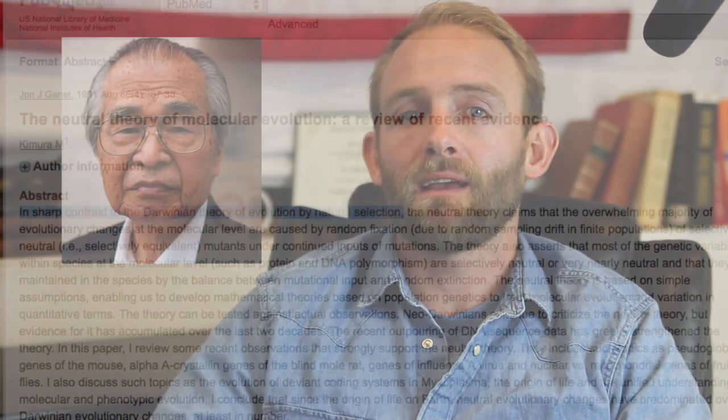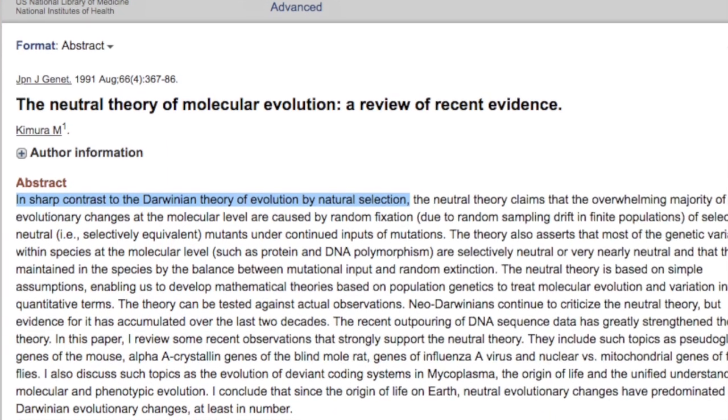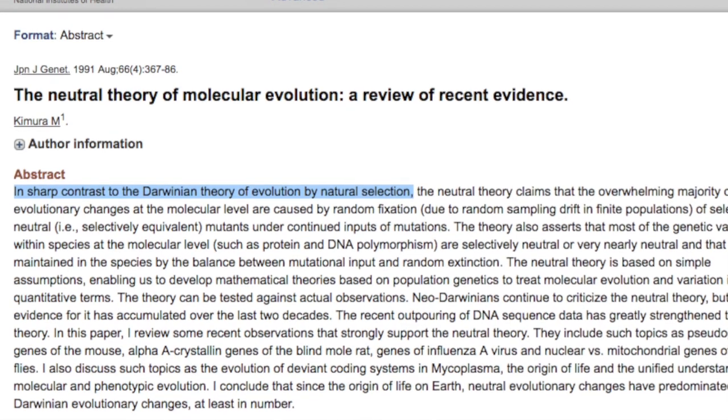One groundbreaking bit of research many are not aware of is the work of Kimura. He shows that the vast majority of changes to the genome are not affected by selection at all. I'm going to repeat that.